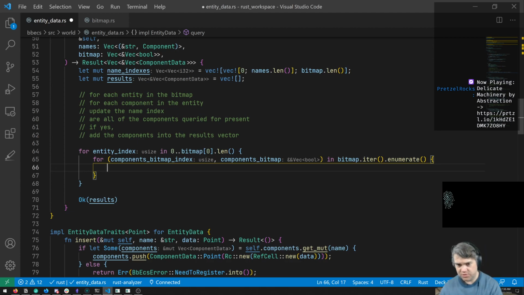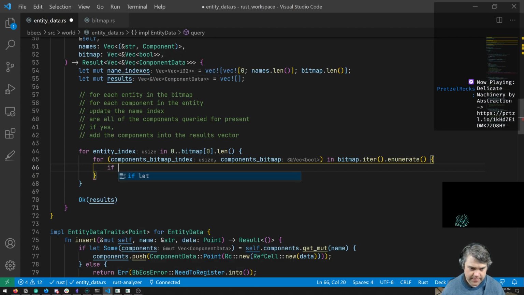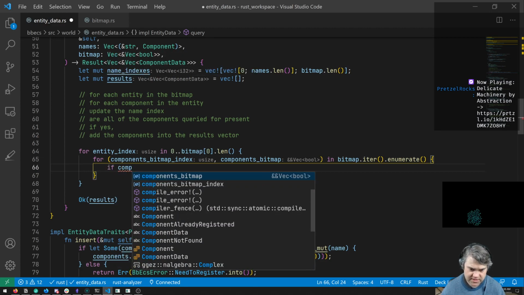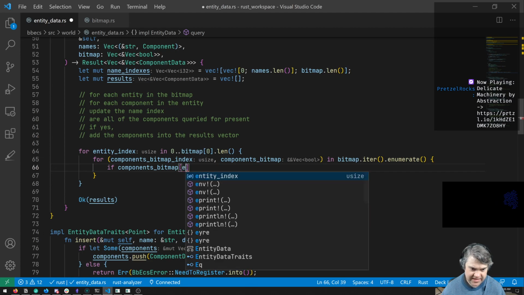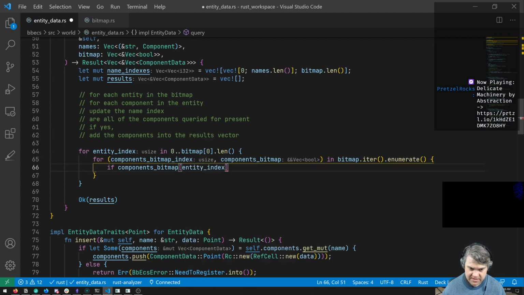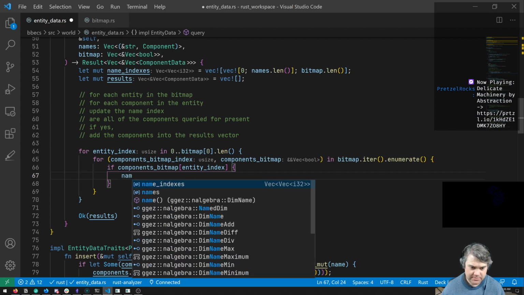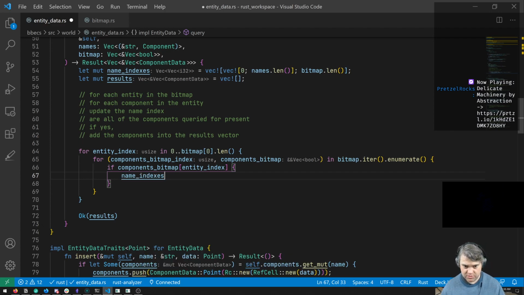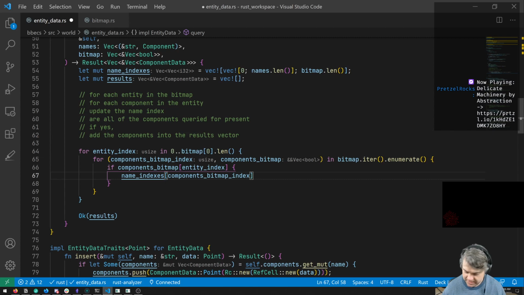If this is true, we're going to increment this name index. So if the components bitmap of entity index, if you're true, then I want to say name indexes, and so we have to first go through the components bitmap index, and then we have to go through the